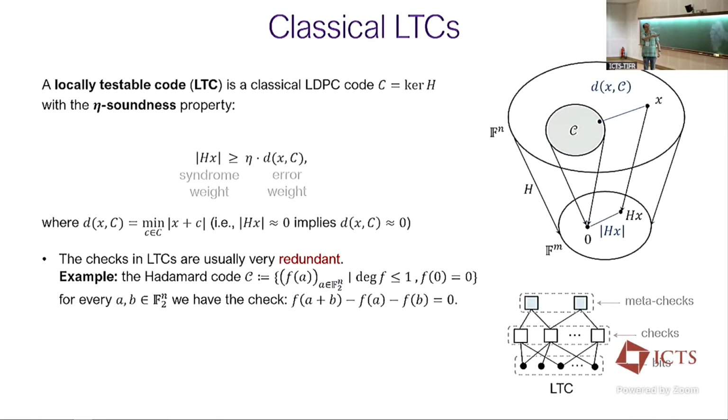So how many checks do we have? The length of the code is 2 to the n, but the number of checks is 2 to the n by 2 to the n. So we have many more checks than needed, which means that this code has a lot of redundancy, and which means that we can also take this redundancy into account and consider some other code that checks on checks. And this way we get this chain complex. And in fact,